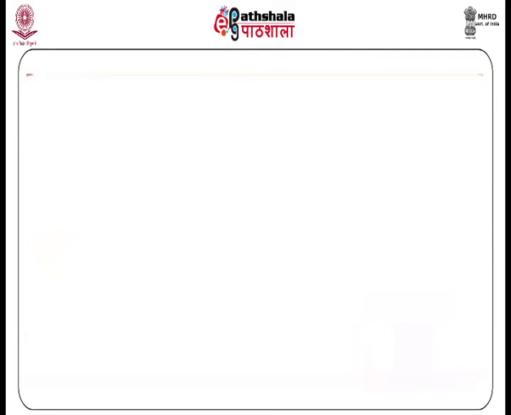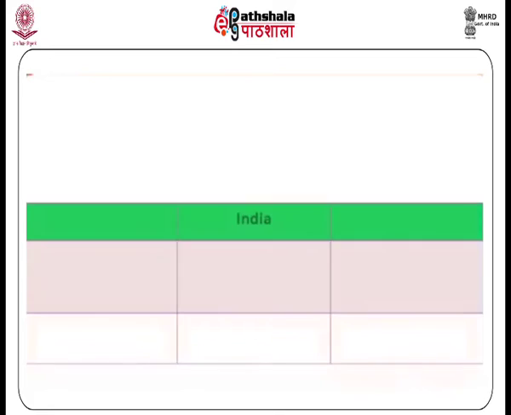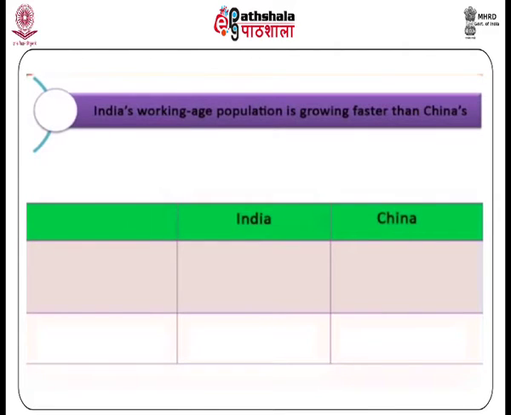Let us now compare two countries, India and China. India's working age population is growing faster than China's. Thanks to population growth, the working age population has increased in China and India since the 1980s, contributing to strong